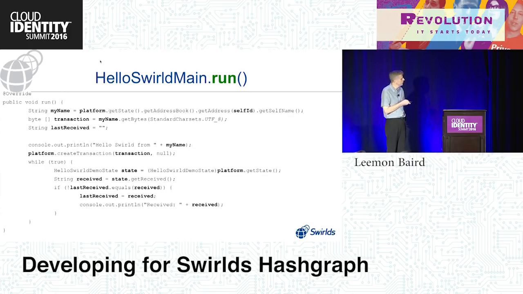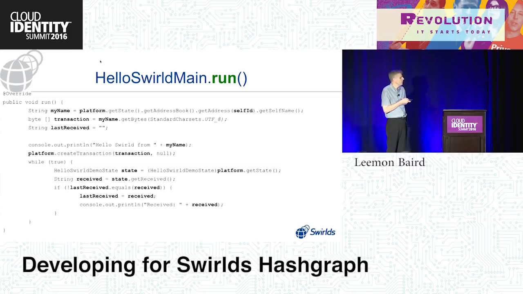Then you have this infinite loop. In the infinite loop, I'm constantly reading the current state, getting a pointer, a reference to the current state. Remember, you have to do that because the platform sometimes creates some new state and says, OK, now that's the official one. So every time through the loop, I ask the platform, hey, give me the current one. I want to make sure I'm up to date. And then on that current one,